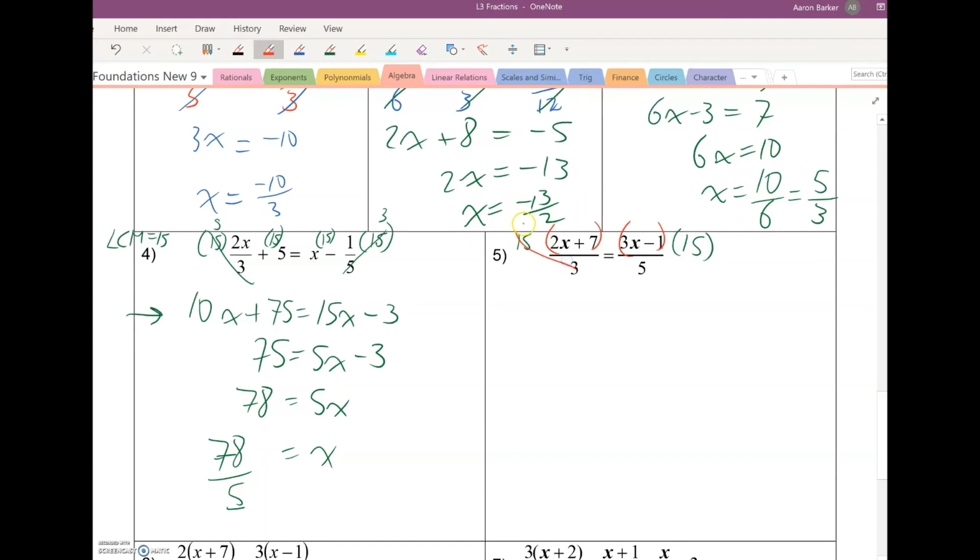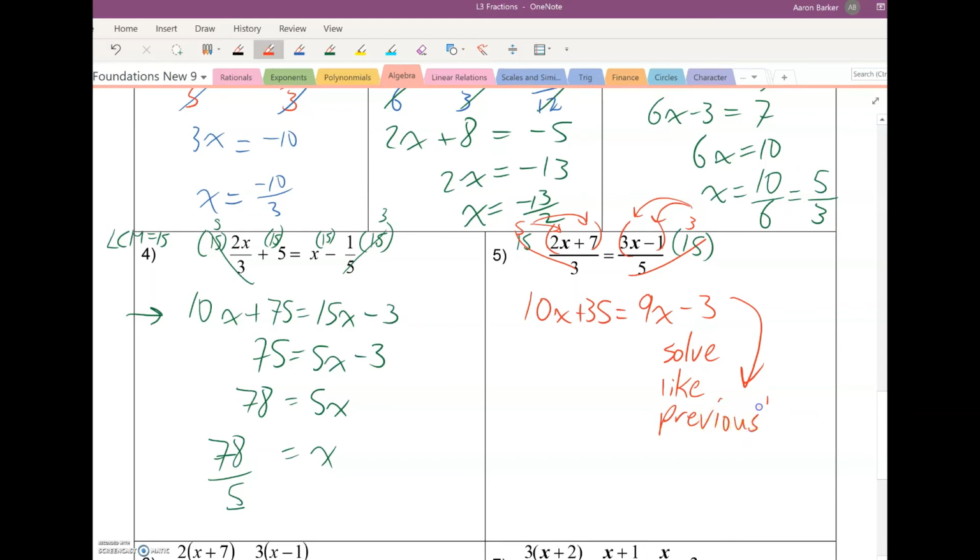So this will cancel to 5, then it's going to multiply into both parts. And so you're going to get 10x plus 35. 15 divided by 5 is 3. It multiplies into both parts. and you're going to get 9x minus 3. Now then you can finish solving. Okay, so what you would just do would be solve like previous lessons. Okay,